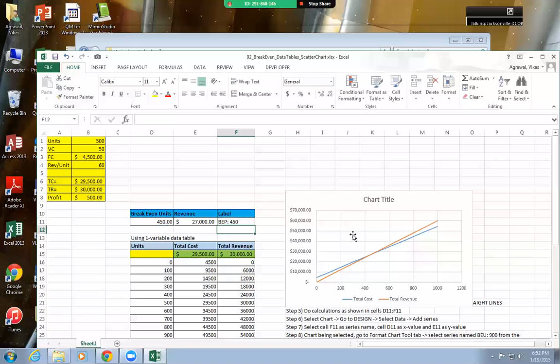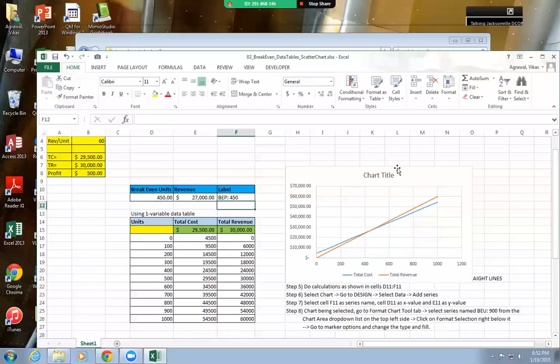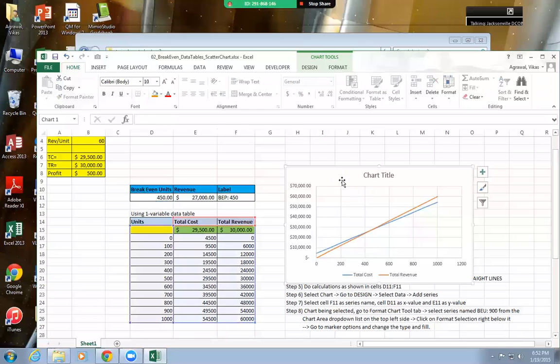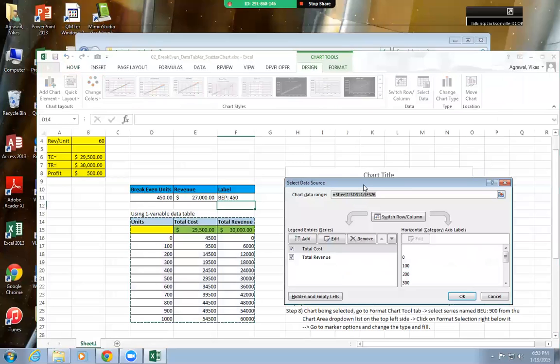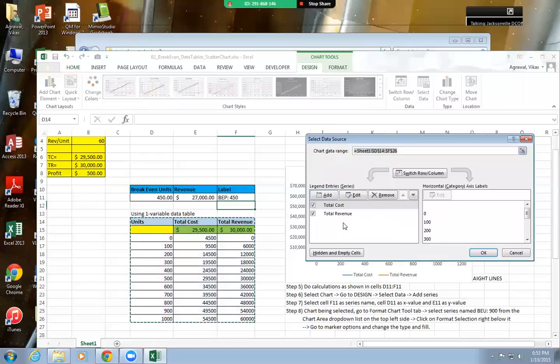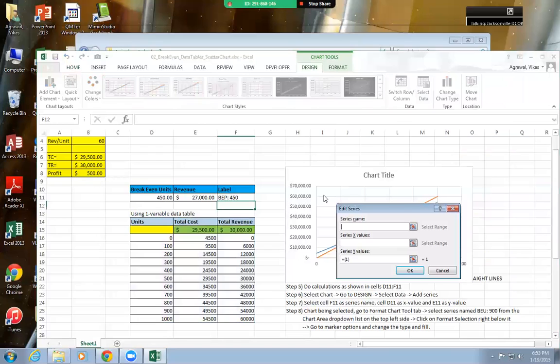Okay. Now what we're gonna do is plot this one on the chart. To do that, we have to go to the design, click on select data, and we'll add one additional series here. So we'll click on add, and I'm gonna give my series name. I'm just gonna paste this label which I just created. All right, that looks like a good name.